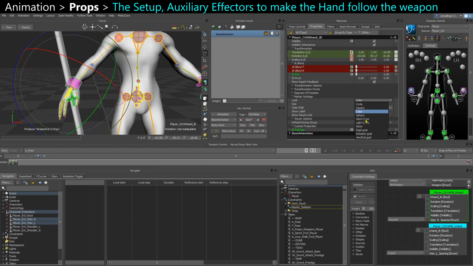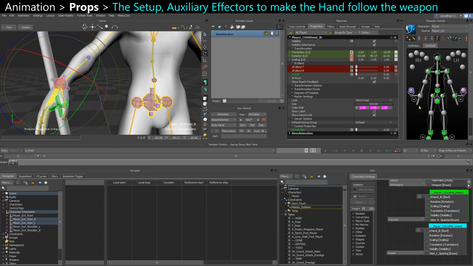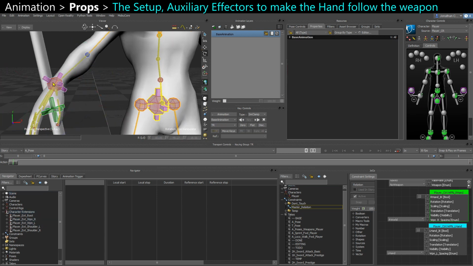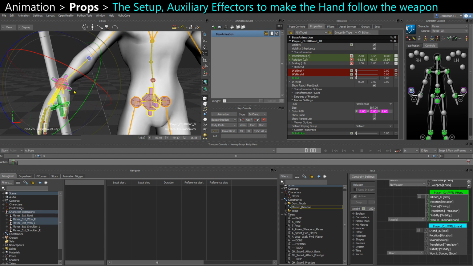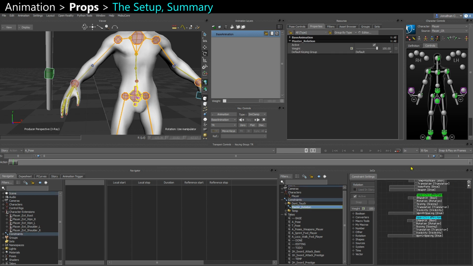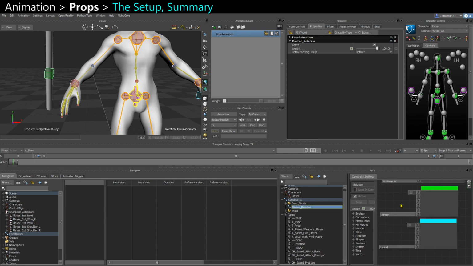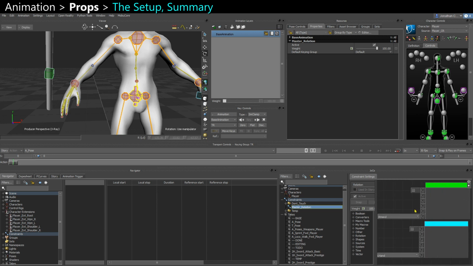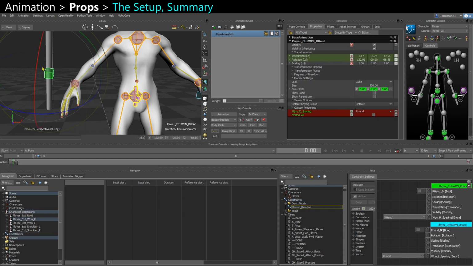So usually on the effectors I change the appearance so that you can select both the original effector and the auxiliary effector. And I will make a tutorial on how to set that up if you want to do your own setup, but basically there's a relation that overrides everything, and in this relation that overrides some custom properties that I added on those controls,